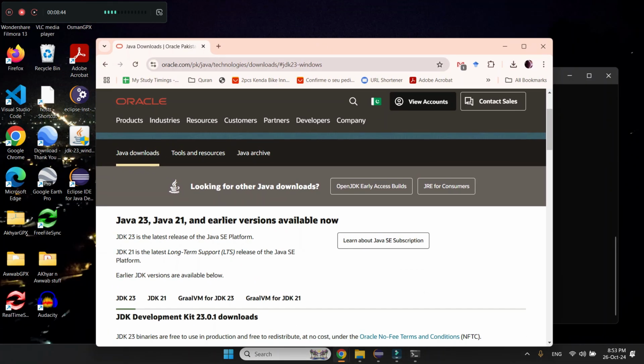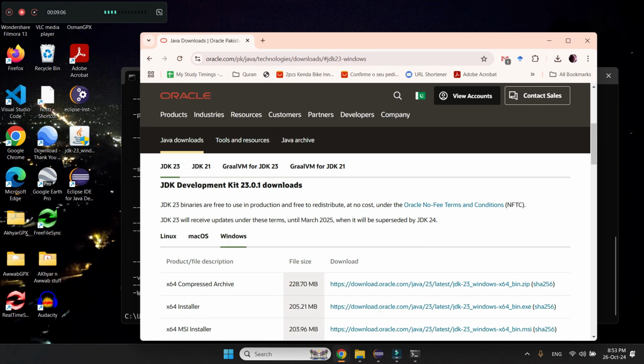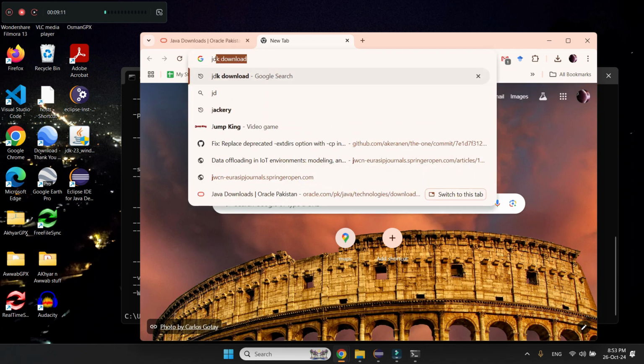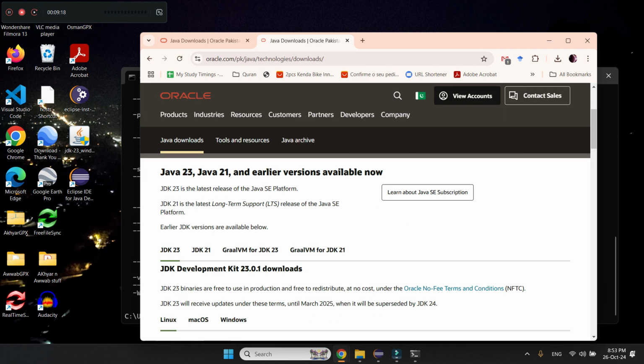This is the path where Java is available for download, and we can see that there are three options. If I'm using Windows, I click on Windows, and from here I am going to download this x64 installer. This is the file that I need to download. And how I got to this page: I need to search on Google for JDK download. Once I do that, this is the first link that is returned,